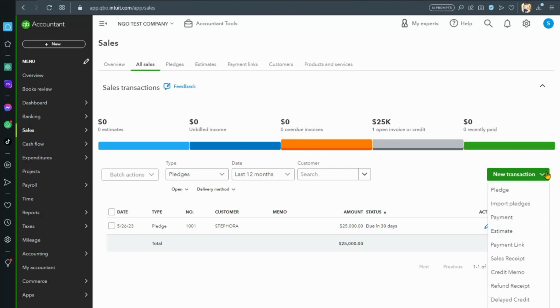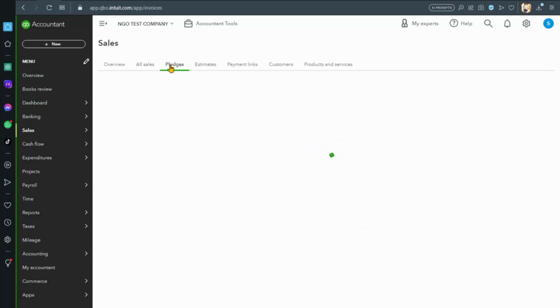Here you can create a new invoice or pledge, import some pledges or invoices, make payments, make payment links, create estimates, make a credit memo, sales receipt, return receipt, delete credit, delete charge, and so on. So on the pledge tab, or you might see on your side it written as invoice,